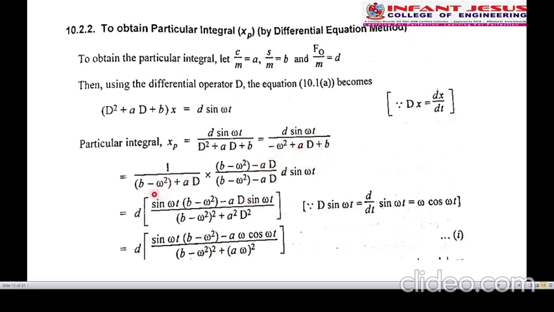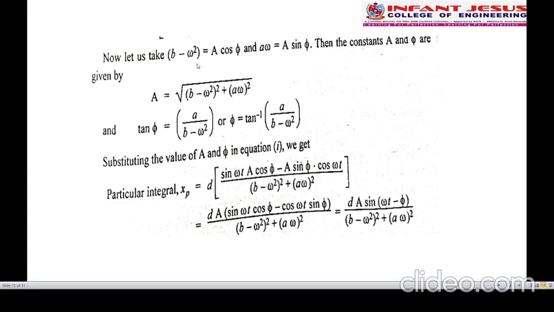Now we form an equation: b minus omega square plus a D. We take this and multiply by its conjugate, so minus minus: b minus omega square minus a D. Simplify this: a plus b into a minus b gives a square minus b square. So simplify this. After simplification,